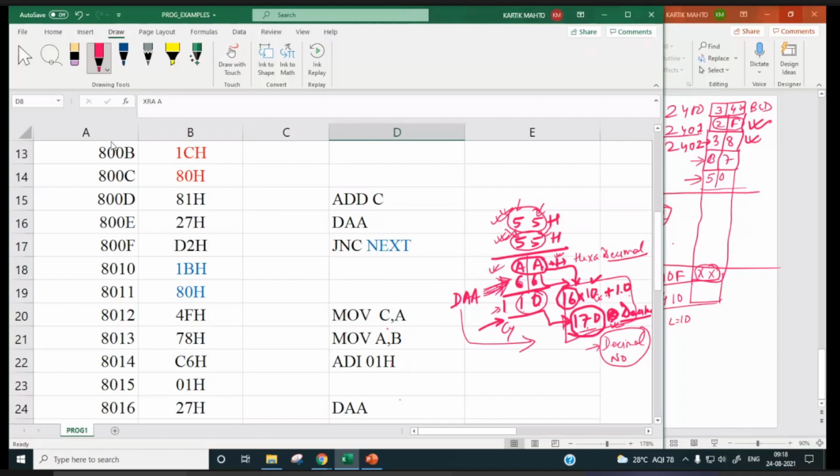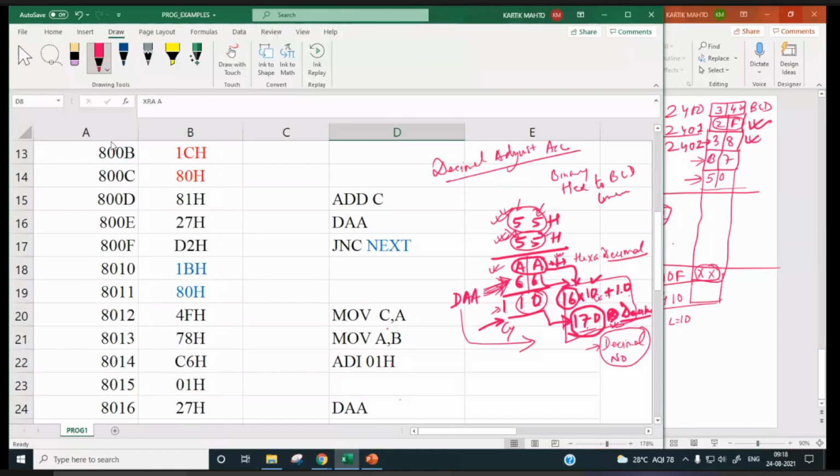10110. So it stands for decimal adjust accumulator. So it is totally different from binary or hex to BCD conversion.